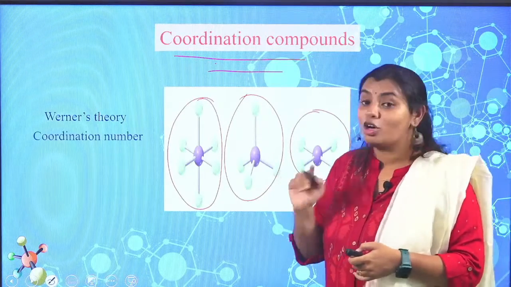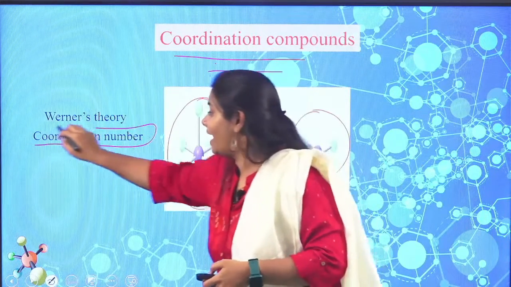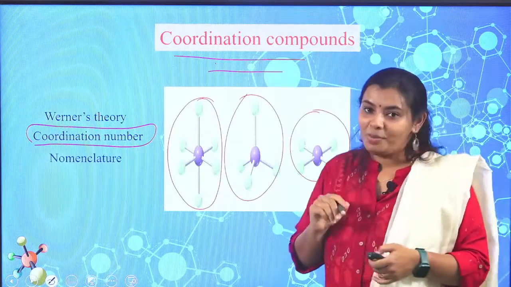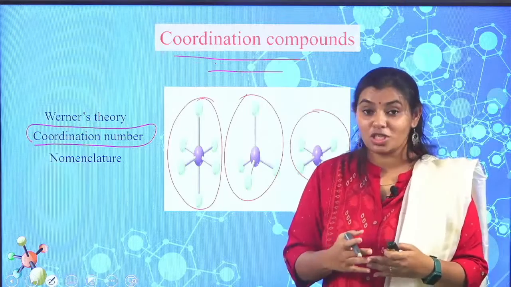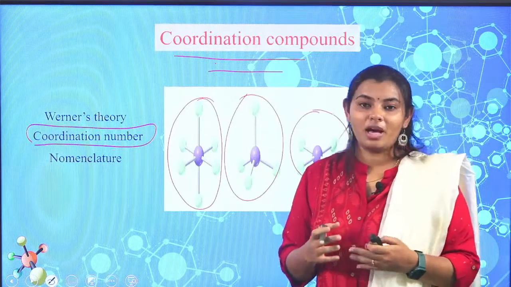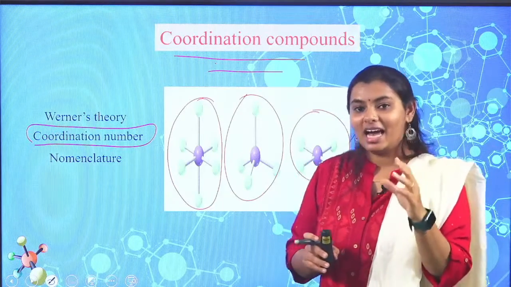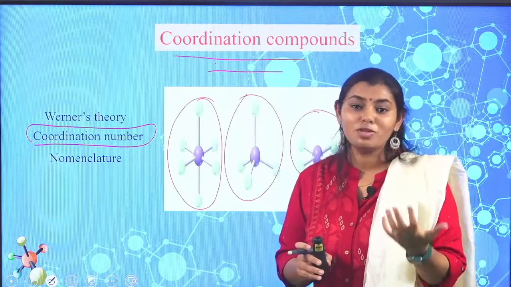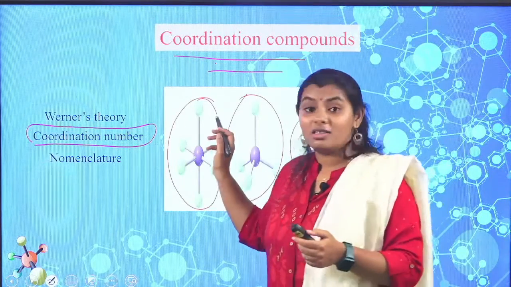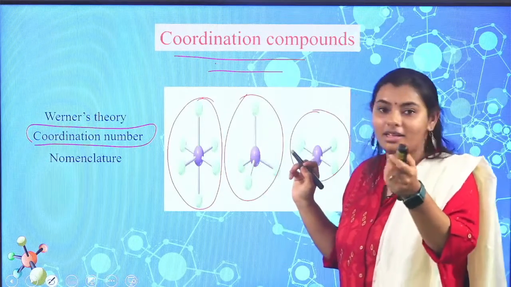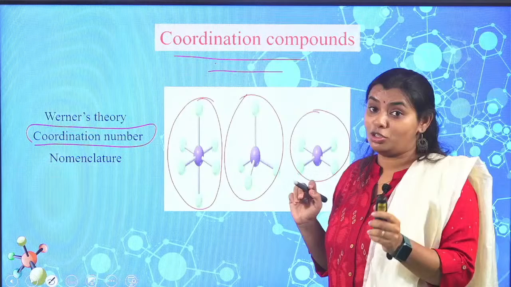Werner's theory is there. Coordination number. Coordination number is also an important topic where questions will be asked. Nomenclature. Whatever compounds we are studying, the nomenclature of these compounds, these structures, is going to come up. You have 5 mark questions, right? Your 2 markers will always be the small questions, and the 3 markers will usually be problems or sometimes even theory. In the 2 marker question, they will give you the structure and ask you to name it. Nomenclature will be very important in those places.